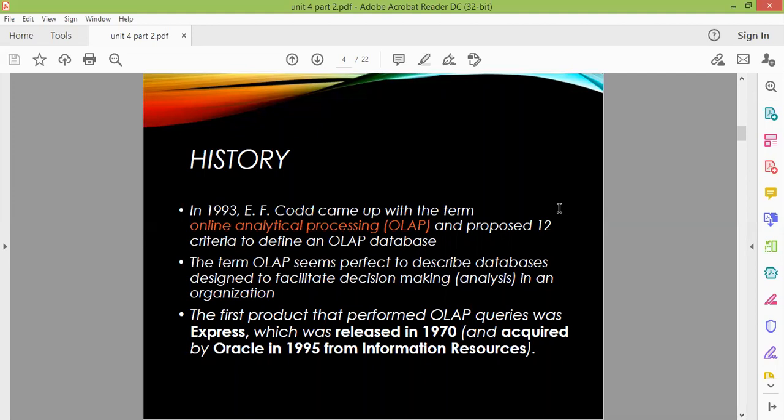Actually, if a manager asks how many sales happened, then on the basis of that it is very difficult to predict anything further. Instead, if he wants to find out in which areas which people purchased that product, meaning if you have a variety of data, if you have many parameters on the basis of which you have to take a decision, then it is a multi-dimensional view. Okay, because only a single entity cannot give you an effective decision. It is only effective if you have single-dimension data, then it is time series data. Otherwise, in every database or data mining application we have so much data, and the final result depends upon so many dimensions, and those dimensions can be analyzed within the OLAP databases.